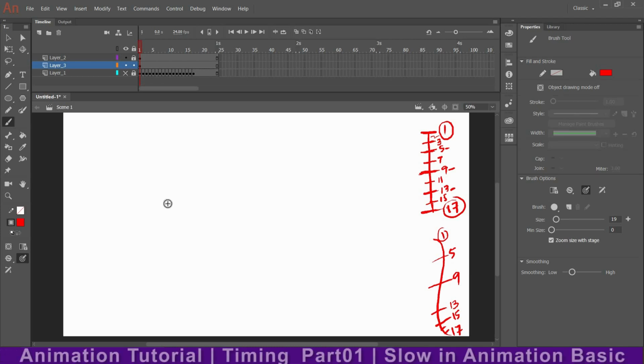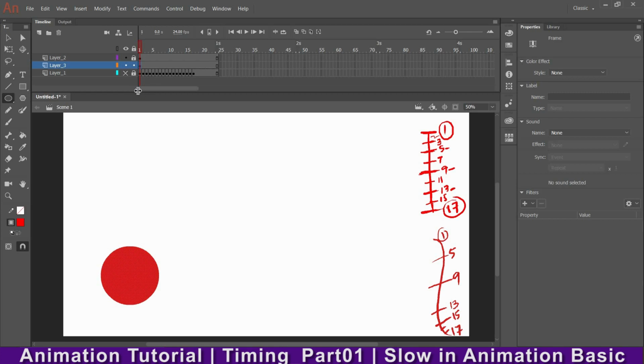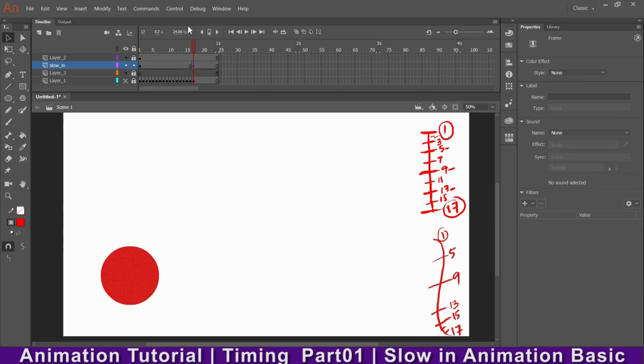So first I'll take a circle. Here I am not drawing anything because already one circle is there. Just think of that circle as a drawing, and every frame we are drawing something. Okay, so for demonstration purposes I am taking this circle. So don't think you have to use this type of object every time. So first I'll take a circle with shift, and now this is in frame 1. Let me take it in a different layer. This is slow in. Okay, the last frame will be here, F6, and I'll shift.